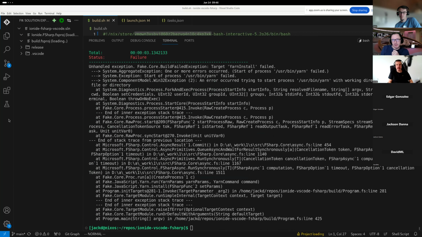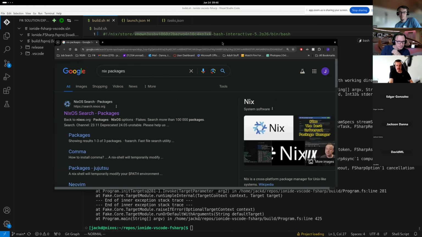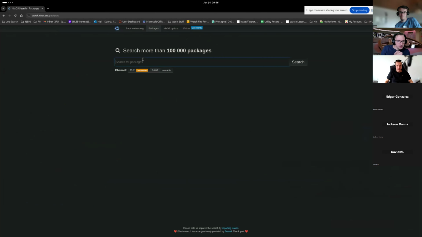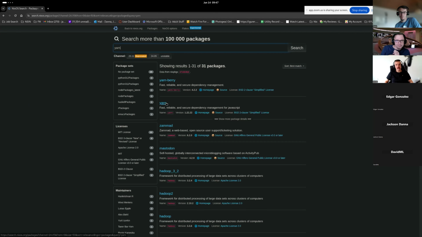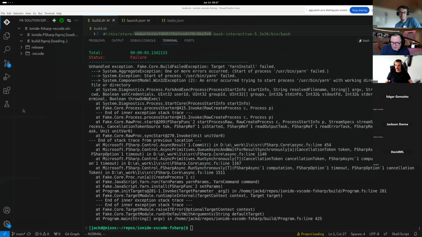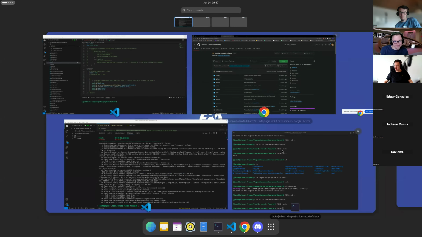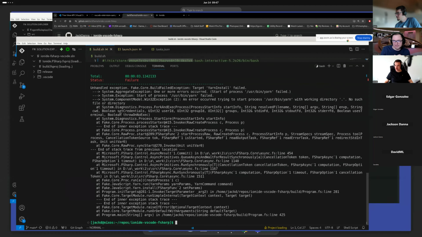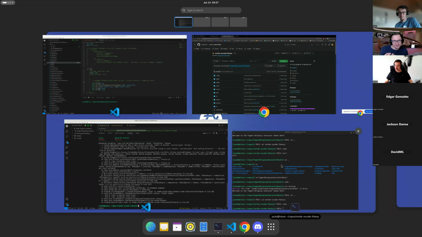Hold on. So is there a way for Nix to deal with those kinds of problems? As far as I'm aware, I could install it globally, I guess, but I'm just gonna see if I can get a yarn package. So there's yarn. All I should have to do is add that dependency, it's just literally yarn. So then I can run over here. We're gonna go to my terminal.